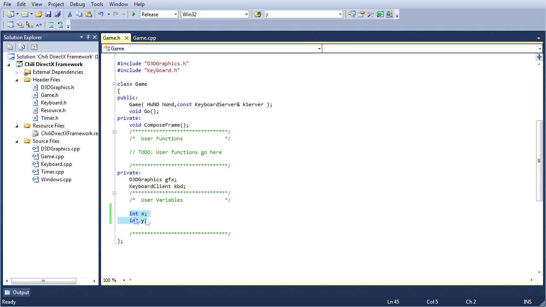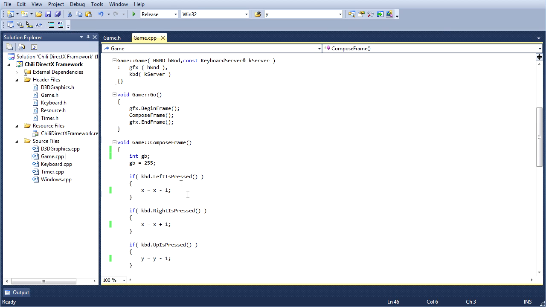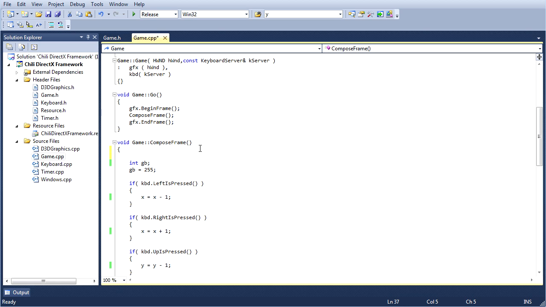So when we declare the variable in an object, but we don't initialize it, it seems to take on a default value of 0, which is no good for us. So we could try to initialize the variable here, x equals 400 or something. But that would be incredibly stupid, because we would just be going back to the situation we had before, wherein the variable is initialized every time we run the compose frame, and we just get deja vu and Alzheimer's and Groundhog Day.